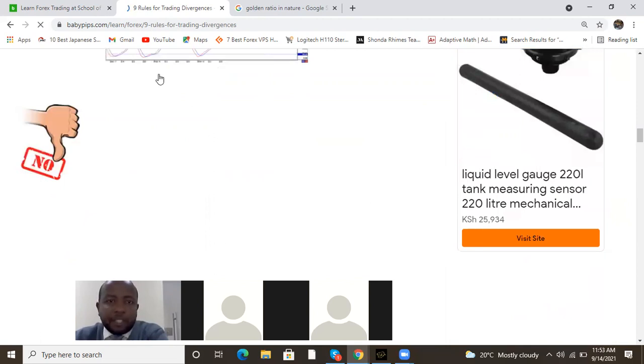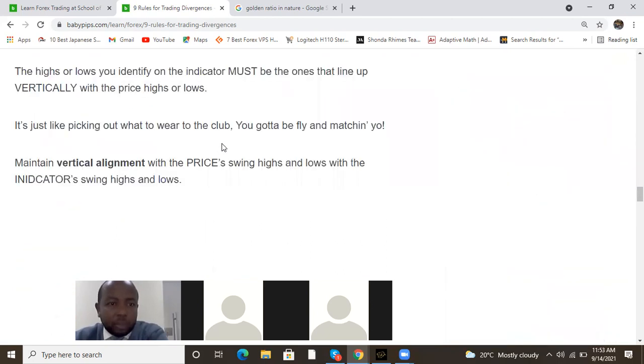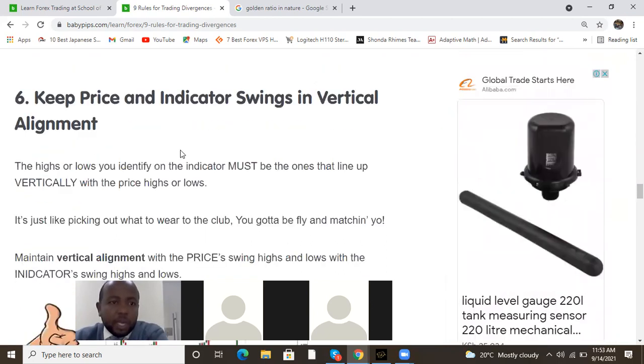So divergence, I have an indicator. In case you're a client, you're trading live, you can talk to me. Also make sure there's an alignment, vertical alignment. Can you see